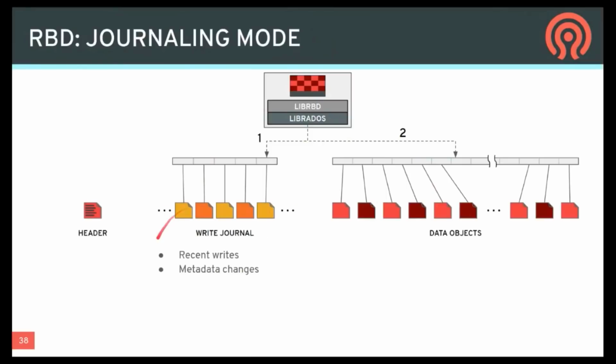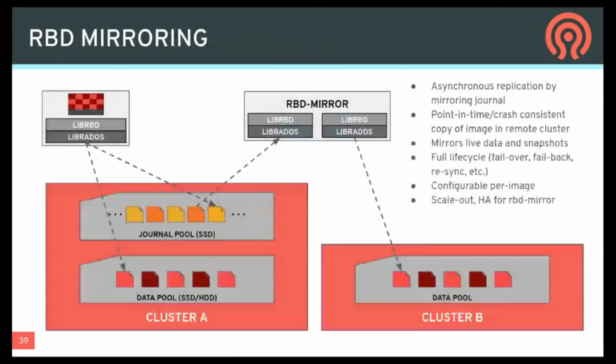So this journal contains recent data writes, and it also contains any metadata changes, things like resizing the image and creating snapshots and so on. It's a full record of all the things that are happening to the image, or recent history at least, contained within the write journal. In and of itself, this is a useful capability, but it also enables us to implement